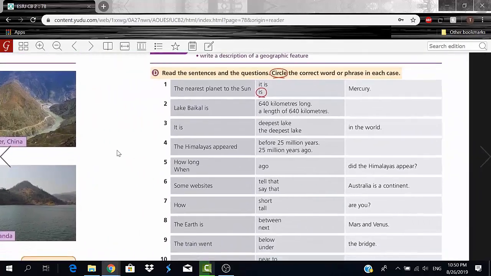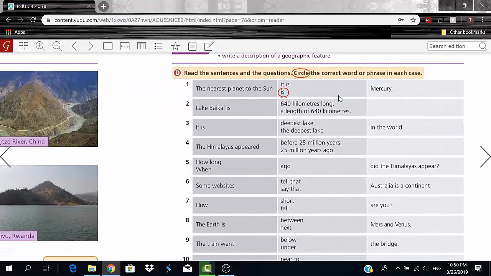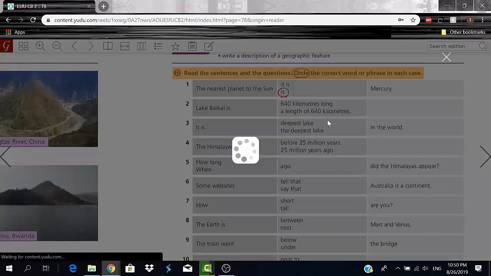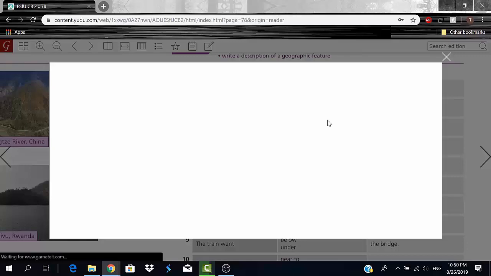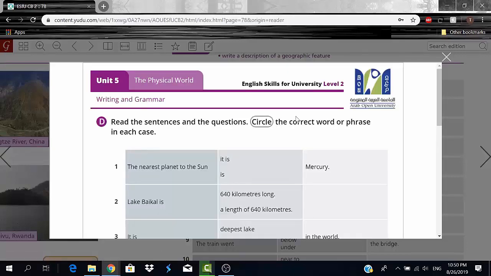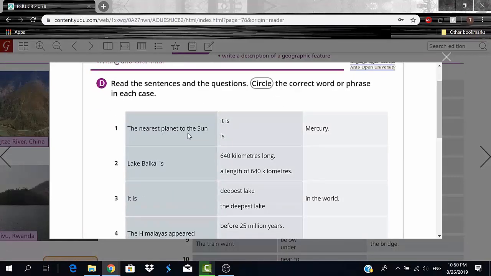Okay, so you guys know, read the sentences and questions, and we gotta circle the correct word or phrase in each case. So here we have number 1, the nearest planet to the Sun dash Mercury. So is, just normal is, I don't need to say it is, okay, is Mercury. Lake Baikal is 640 kilometers long.